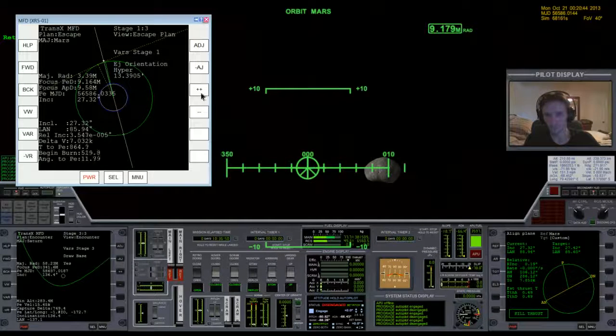Okay, yeah, we're pretty much right in plane. You see how sensitive that is at the hyper setting? So there's really no adjustment that I can make that would make that any better. In fact, it would just get worse if I tried to adjust it from this point. Okay, now